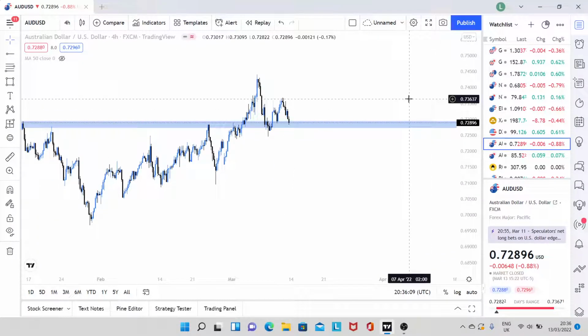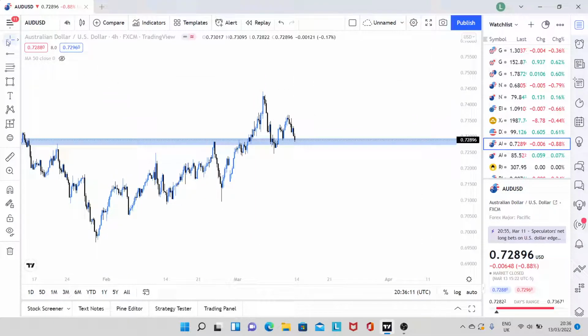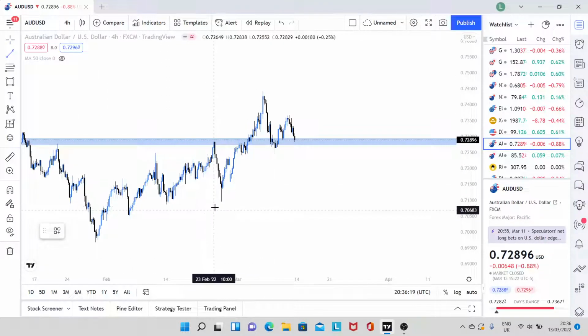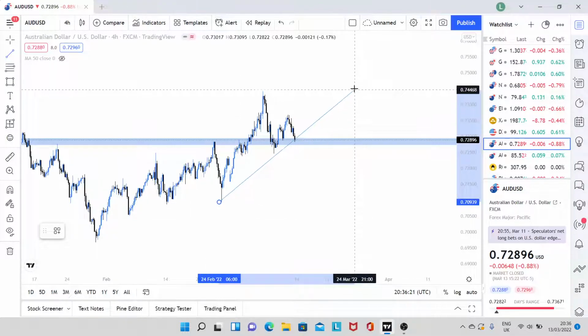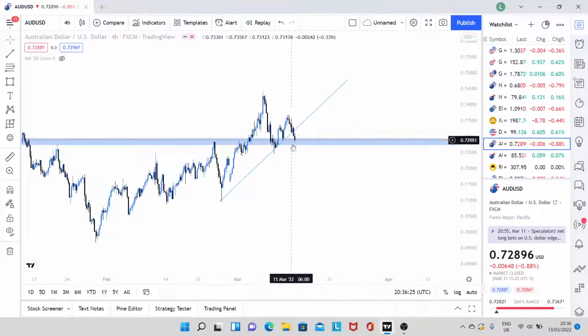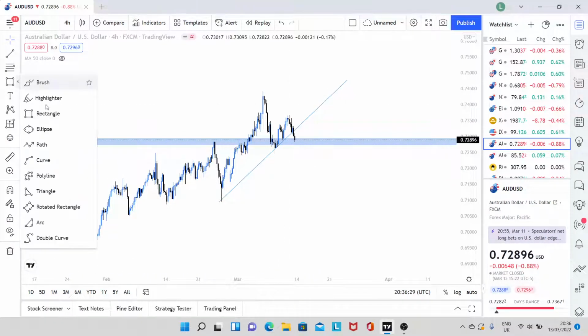If we actually do draw a trend line on, now I don't use trend lines too often, but in this sense, I'm just going to use it. So if we draw a trend line from here to here, we have actually broken the trend line. So maybe if we can break below this zone here, we could potentially be looking for sells now.